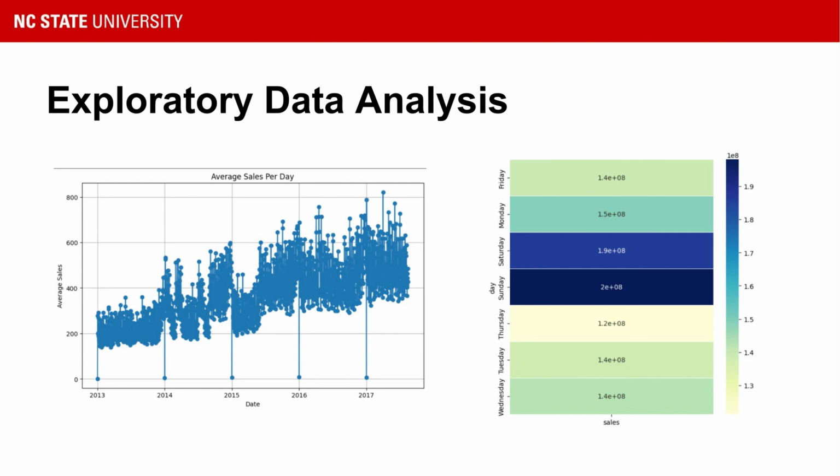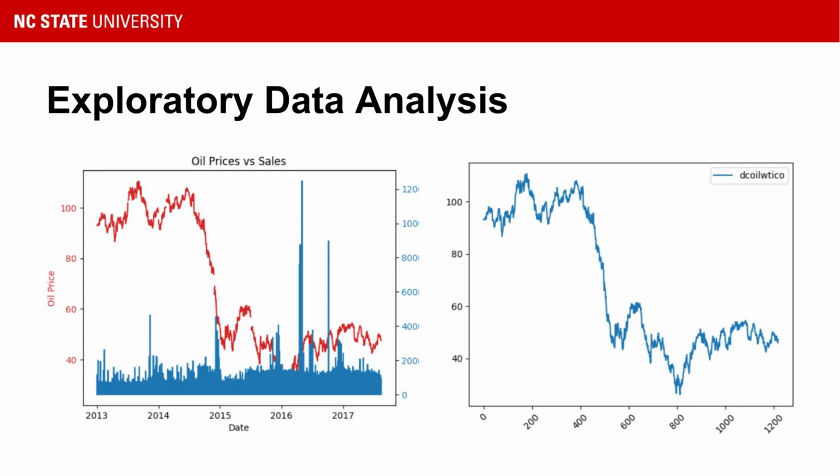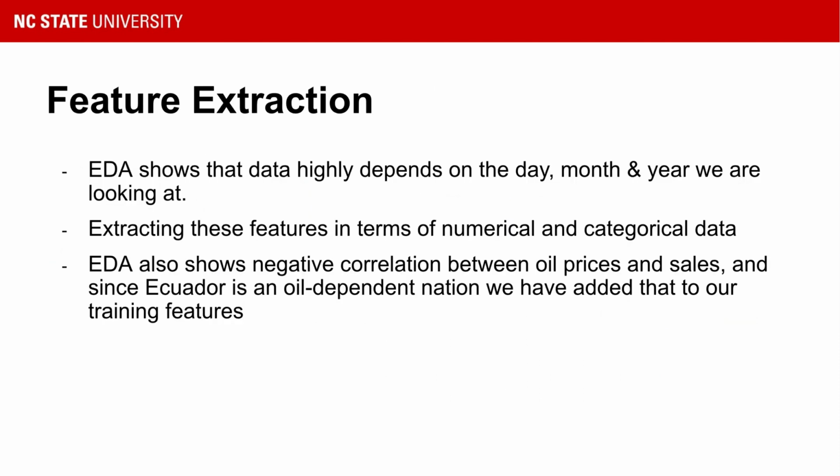Coming to the exploratory data analysis of the dataset, you can see that the data is not always linear. There are spikes seen in the data, and this suggests that there is some fluctuation within the data. Over the week, the sales is recorded highest for Saturday and Sunday. Similarly, for certain months, like during the holiday season, the sales increase. We can also see that as the oil prices dip, there is an increase in the sales, which suggests that there is a correlation between the sales in the store as well as the oil prices.